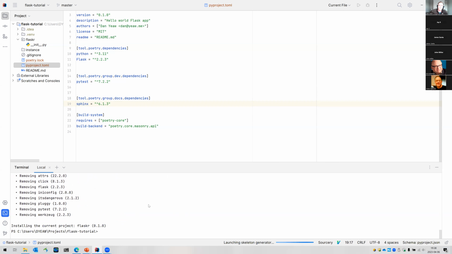Okay, so we removed everything but docs. So we could run Sphinx now, but we can't run our Flask app anymore, for example. Now, if you want to get back, you can just type poetry install. Or you could say, hey, now we want to install everything but docs, right? So now we're going to reinstall,